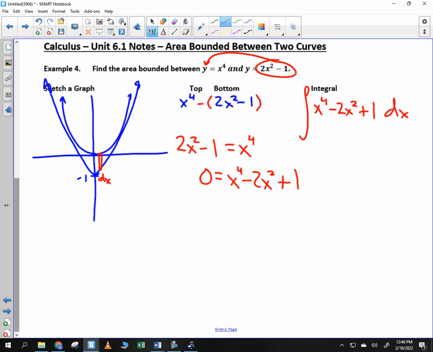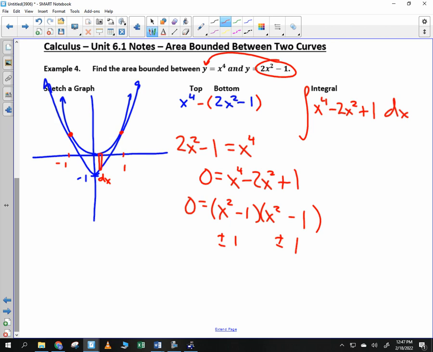Now what, you super smart kids? Factor. So I've got 0 equals x squared and x squared, minus 1, minus 1. Plus and minus 1 and plus and minus 1. Four solutions, but it only intersects twice, doesn't it? It means that it touches tangent, as you were saying before. So this intersection point is at an x value of -1, and this intersection point is at an x value of +1. And now I'm going to teach you something that saves me time,